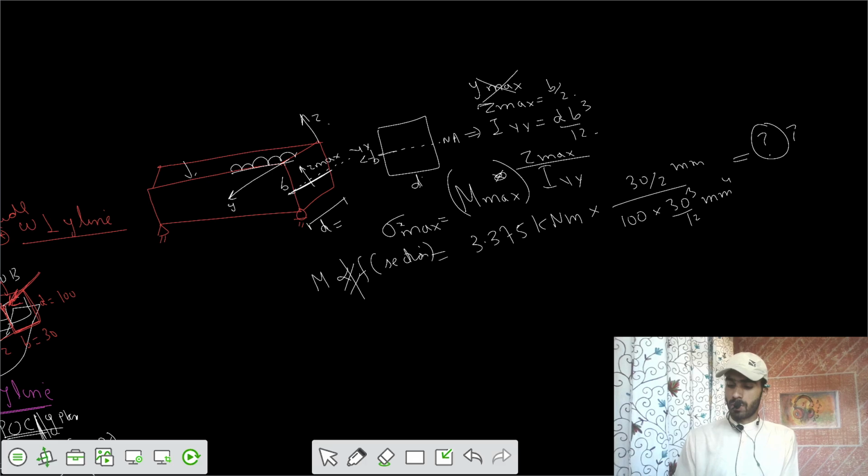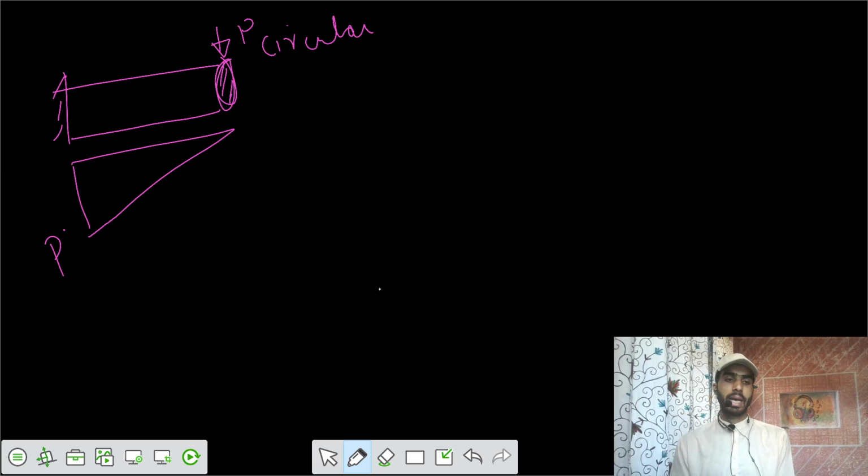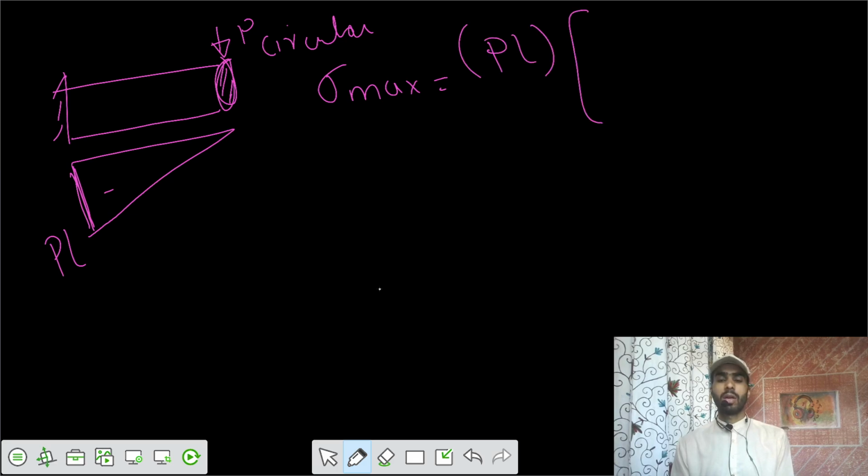Let's take one more problem. So you had a cantilever beam, but the cross section is circular. So you had a circular cross section beam. You're applying a load of P. So we know that the maximum bending moment would be at the end support, on the cantilever side. That equals PL. So if you want to find the maximum bending stress, that equals the maximum bending moment into your value of